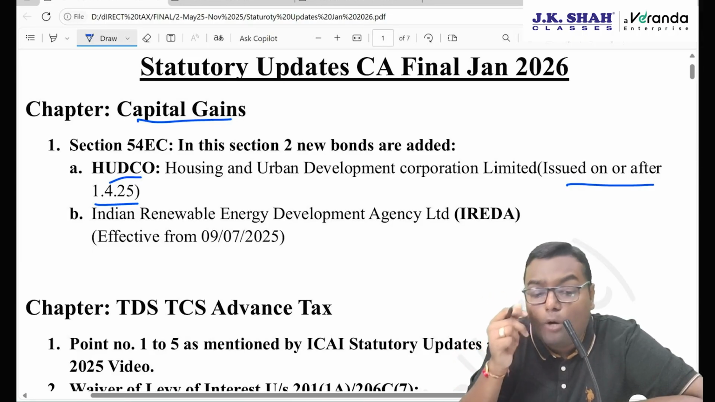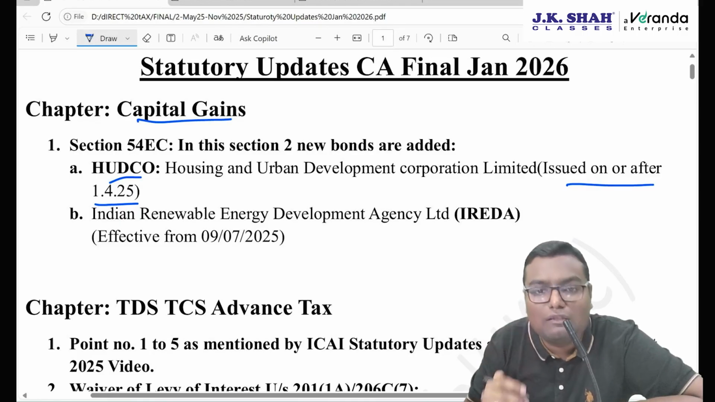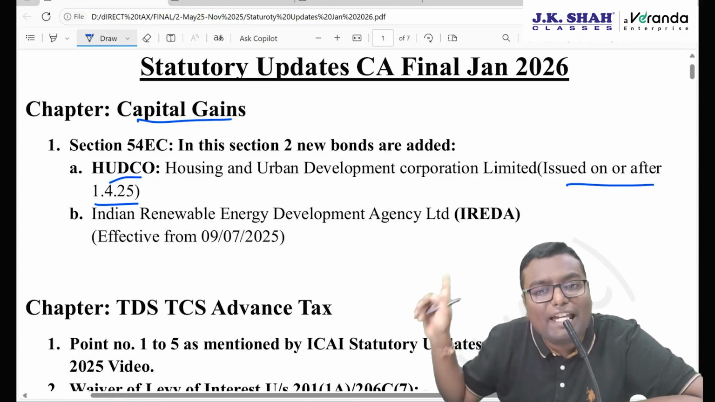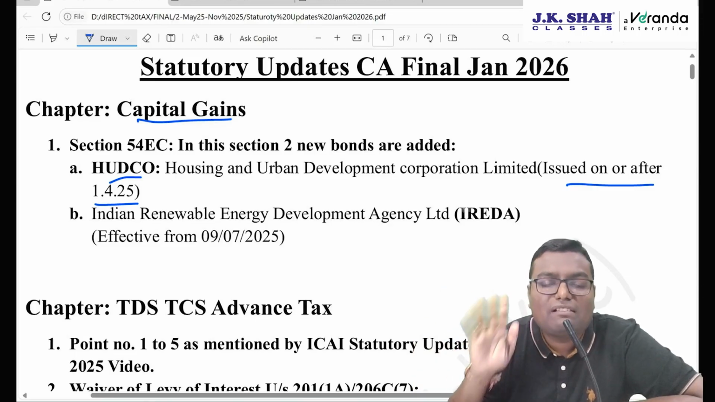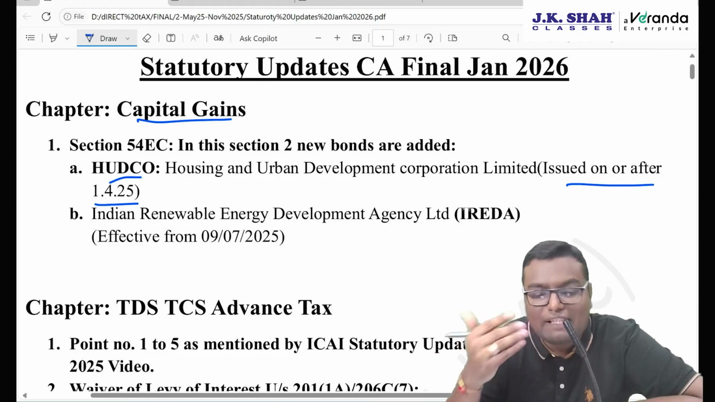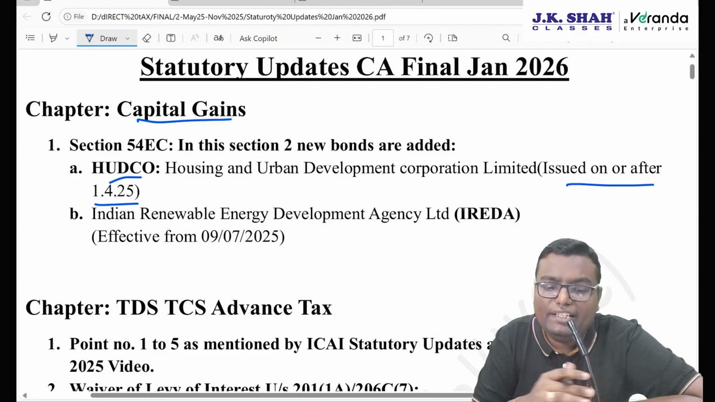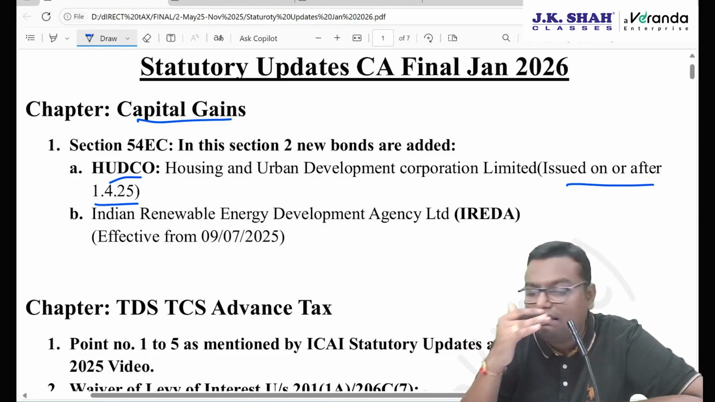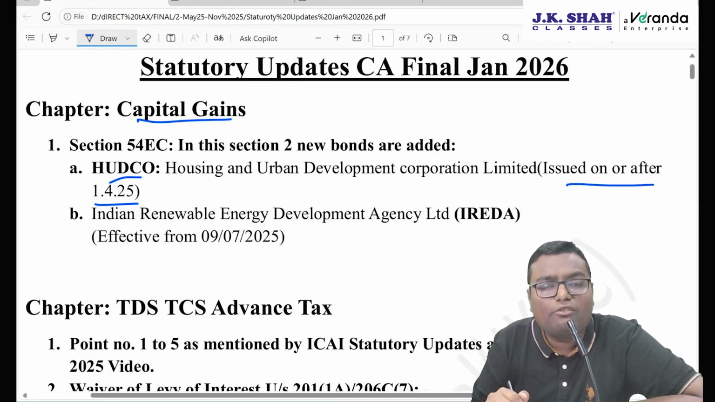So I have an option to purchase the bonds of HUDCO also, which is issued on or after 1st April 2025, to get exemption against the capital gain arisen in the previous year 2024-25. The second one is IREDA, Indian Renewable Energy Development Agency Limited, but this bond should have been issued on or